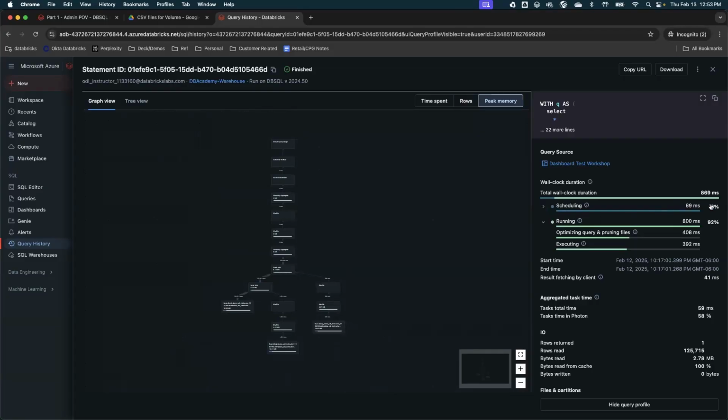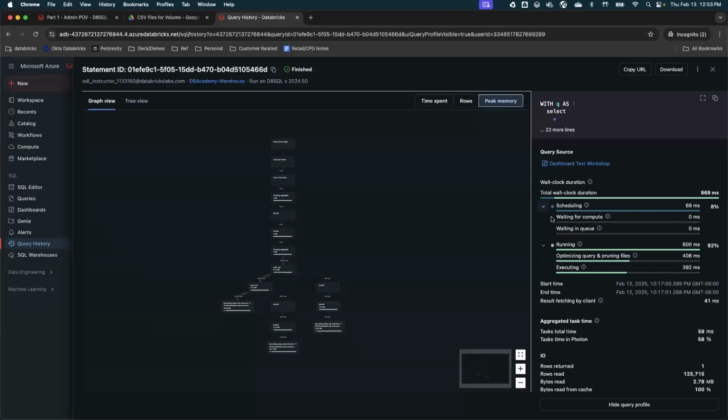Many of the times, the scheduling time could be longer, and that is where you can see that it was waiting for a compute or waiting in the queue. When you see the query is waiting for the compute or waiting in the queue, that is where you will understand, okay, I need to scale now. My scaling is not sufficient. My warehouse size is not sufficient. And I need to identify my scaling and change my scaling and warehouse size to accommodate, so when my query is ready to run, it is running efficiently.